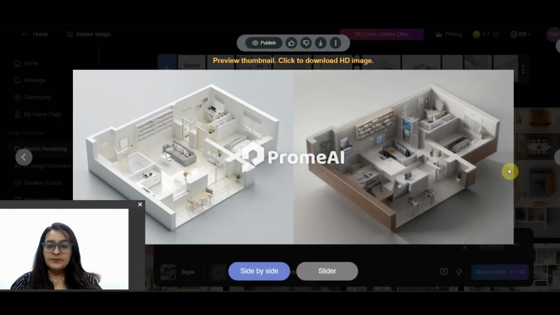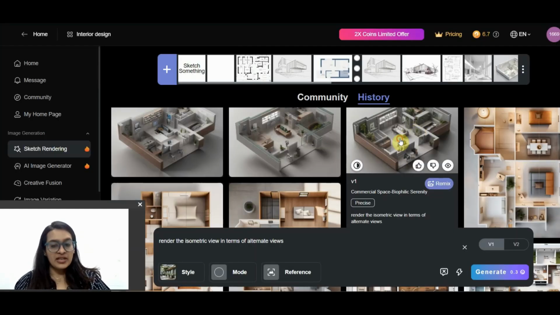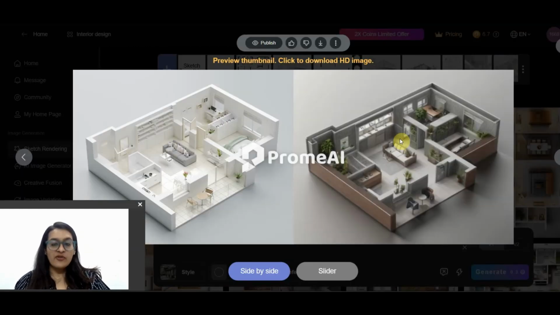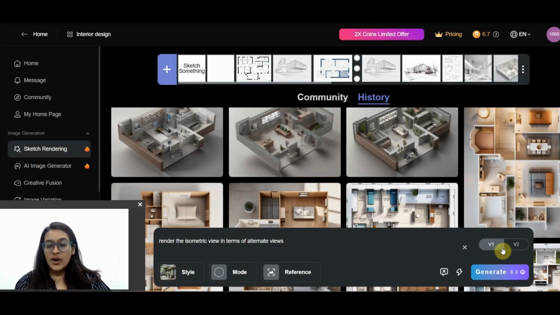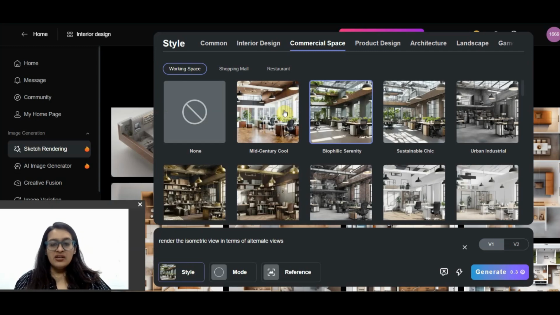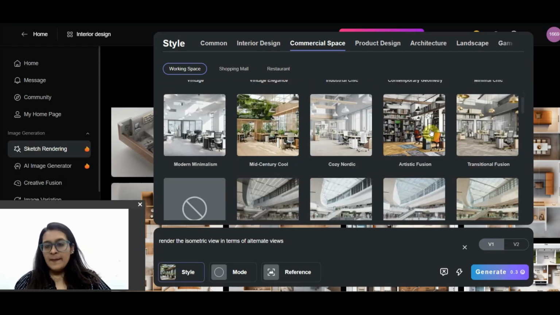Okay. So I would say it has done a good job. I would say it has done a decent job rather. It has given me an idea of understanding. At least the plan has been shifted in terms of biophilia. It looks as if it is a concept of biophilia which I have added to my plan. I think we would still go ahead and change some styles. Let's see if it can take up that as well.